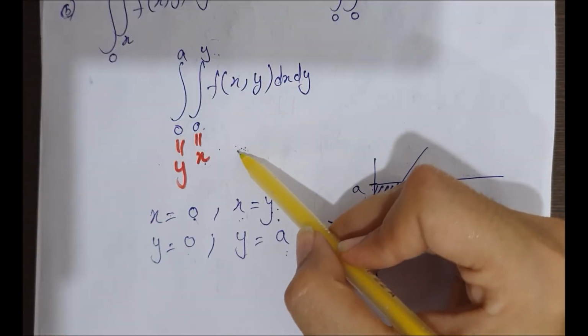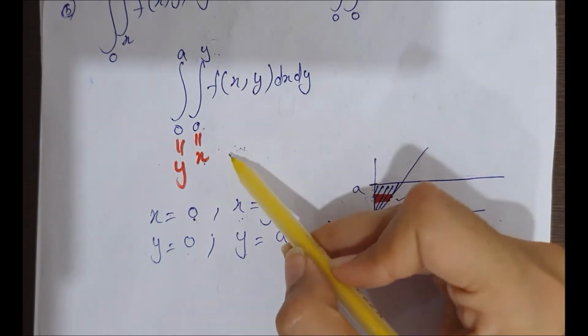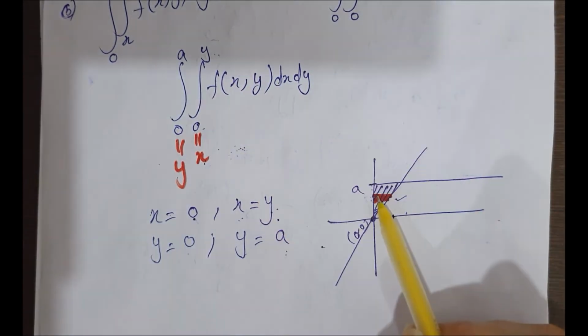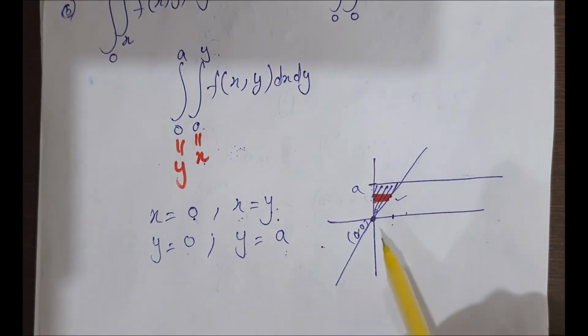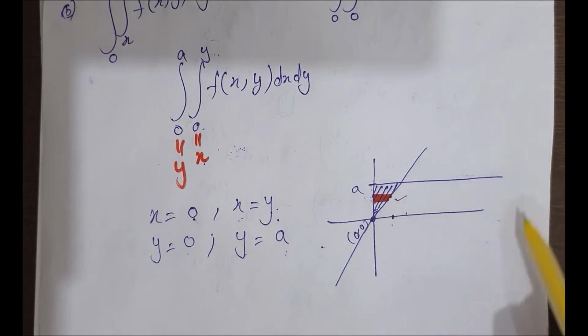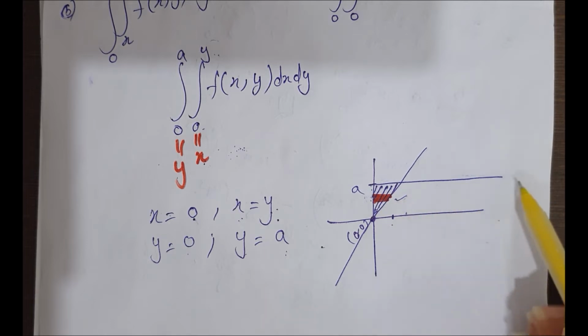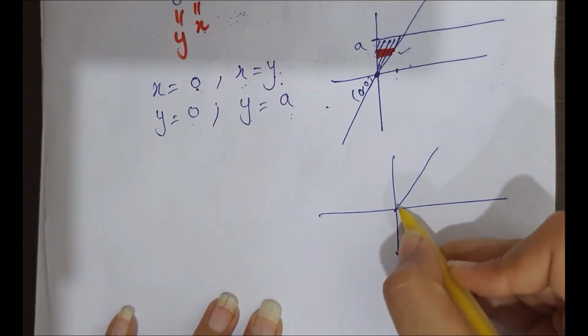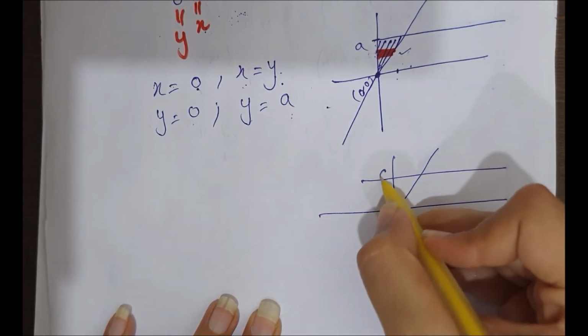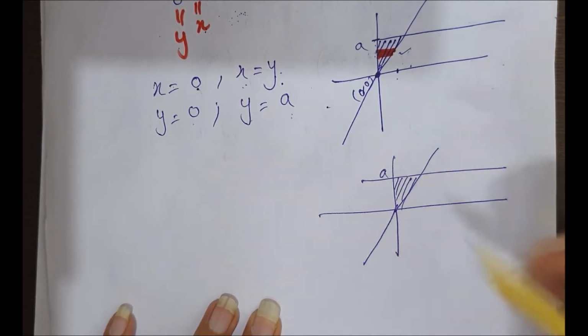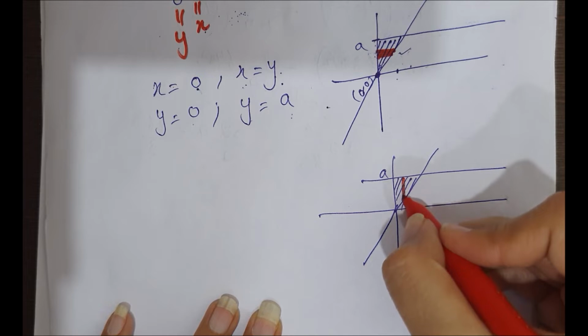Firstly, we have to identify which limit is variable. With the identification of limits, we get to know whether it will be a horizontal strip or a vertical strip. If it's horizontal, then in change of order, we have to convert that horizontal strip to vertical. If it's vertical, then we have to change it to horizontal. Now it's horizontal, so we have to give the answer in vertical strip. Firstly, plot it. This is the enclosed area. We have to change it to a vertical strip.